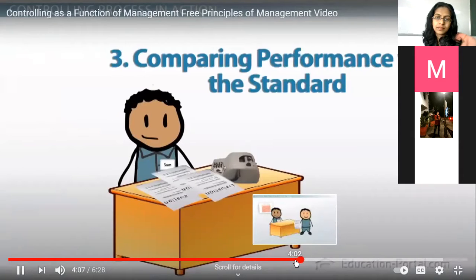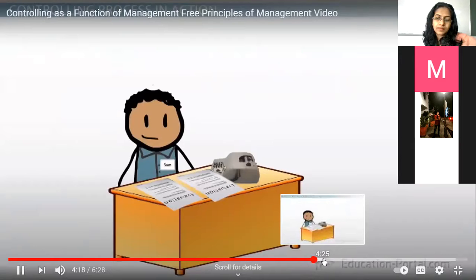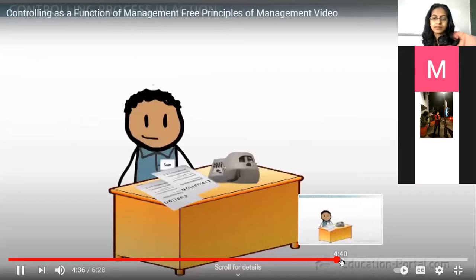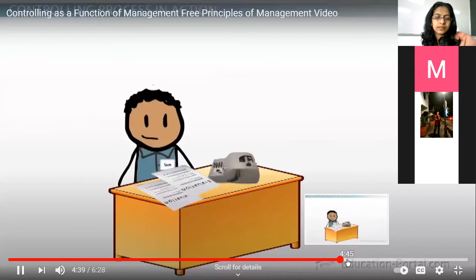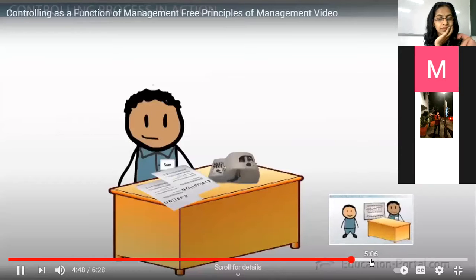Sam is comparing performance with the standard. Sam reviews his repair receipts and income statements each month to be sure he is on target for his financial goal of increasing revenue by $100,000. Sam also reviews the customer satisfaction surveys each week. He documents the percentages in a spreadsheet. He compares each survey percentage change with that of the previous year to determine whether there are positive changes in customer satisfaction. Sam reviews the daily and weekly receipts to determine whether the mechanics are meeting their quota set above in the spreadsheet. He compares this to the standard he set in the first step.